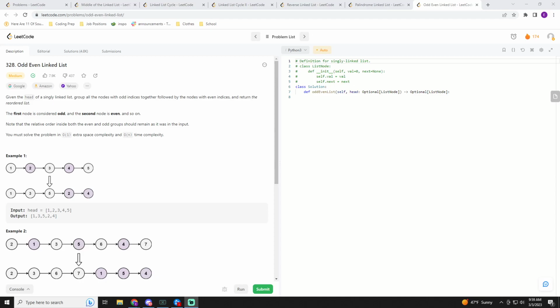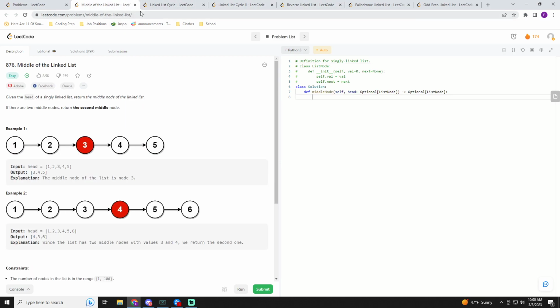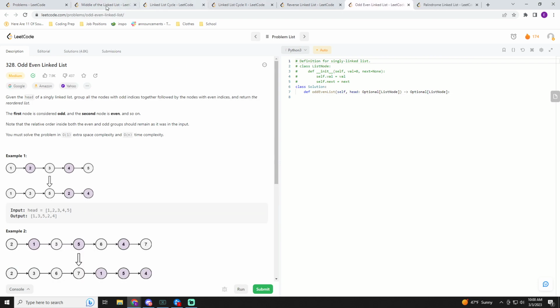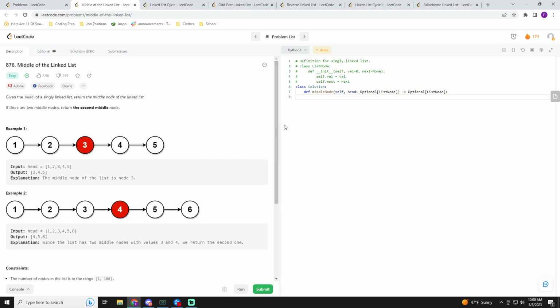Alright guys, so today we're going to be solving some linked list problems. I want to go through a few of them together with you guys. I have them in order of what I think would be good to understand. Let's start off with one of the basic linked list problems, probably one of the first ones that you'll get exposed to,